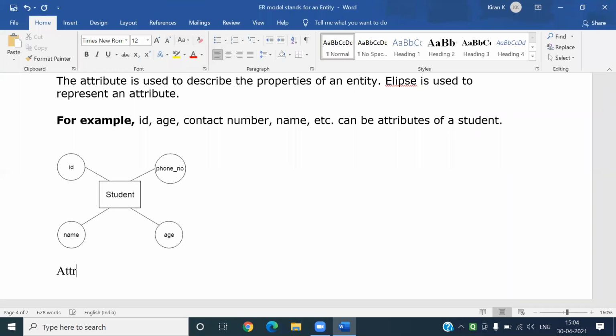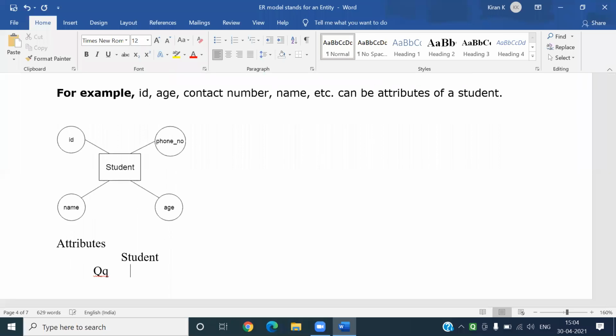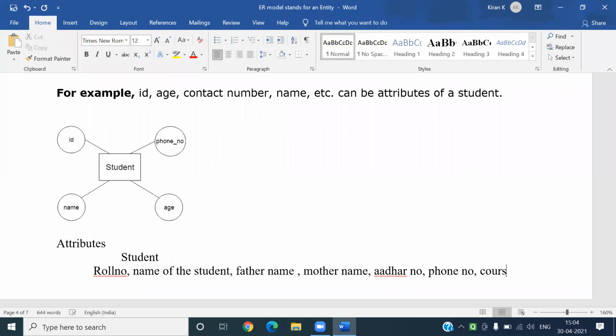Here, attributes. Student attributes: roll number or hall ticket number, whatever it is, name of the student, father name, mother name, Aadhaar number, phone number, section or course he is studying, gender, whether male or female, and photo.